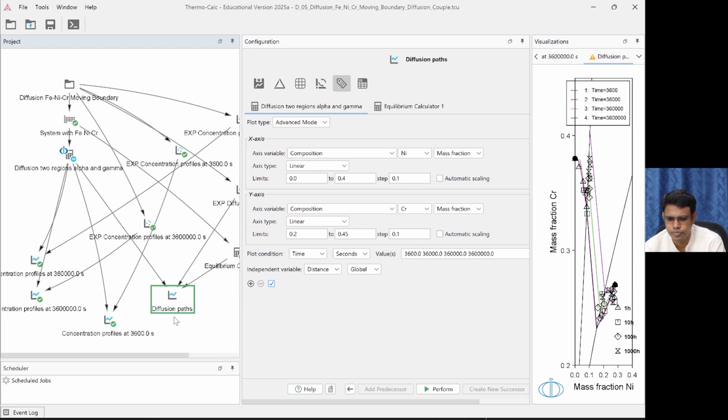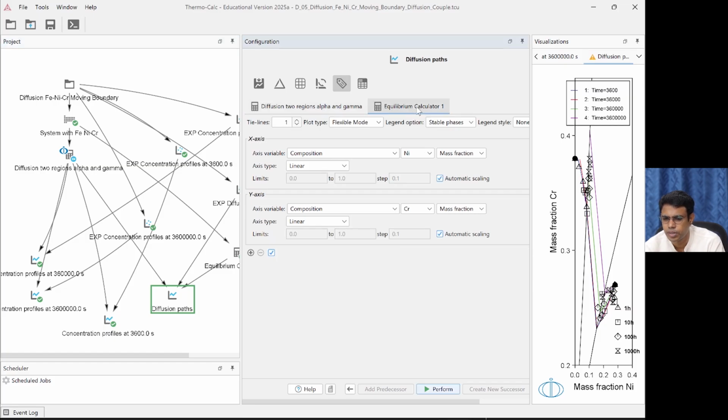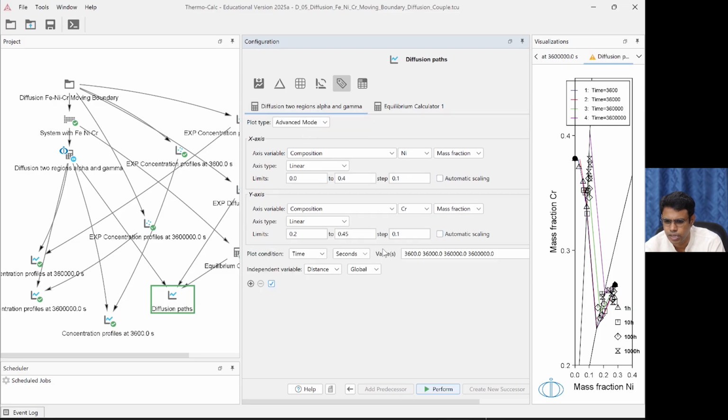In this diffusion path's plot renderer, you can see the equilibrium calculator and the diffusion calculator are both connected here. If I click the equilibrium calculator, then I can make this change here, mass fraction. Whatever is displayed in this diffusion calculator, I want the same thing there: 0 to 0.4 of nickel with 0.1 stepping, 0.2 to 0.45 for chromium with 0.1 stepping.